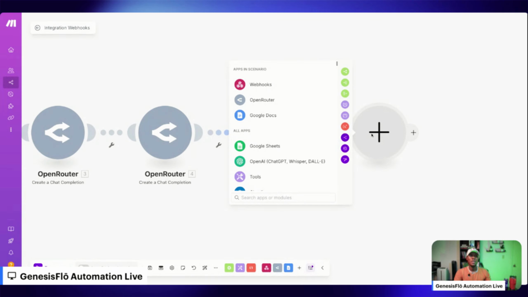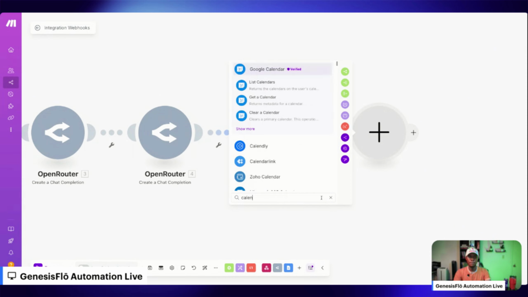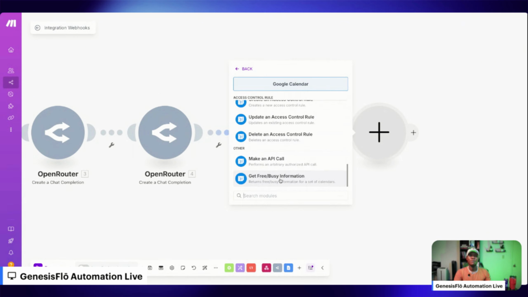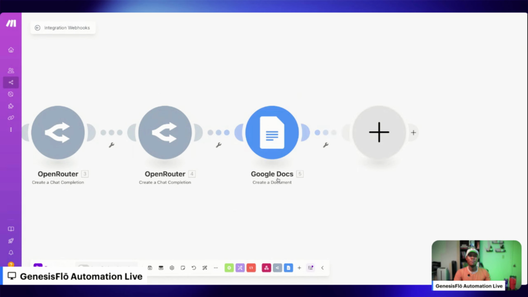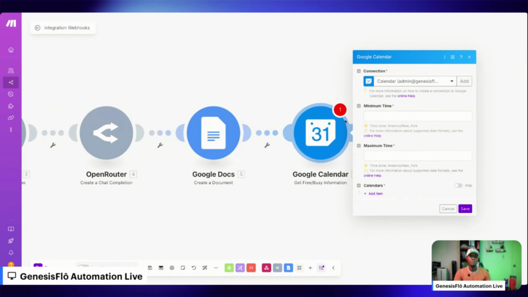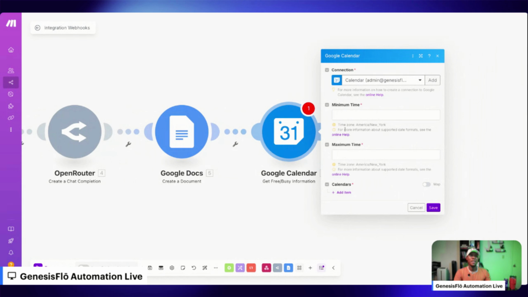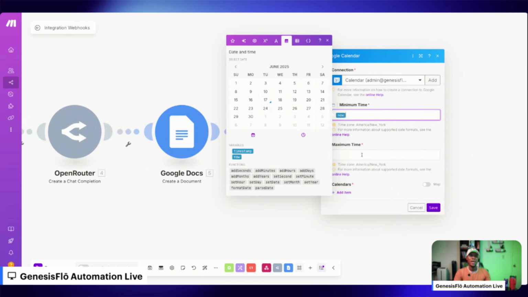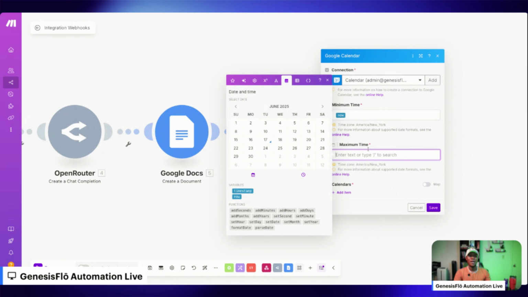And we're going to say calendar. So Google Calendar. And we want to get the free and busy information. That's what we want to get first before we create the event. Now, what we want is a time, and that time is going to be now. Okay, so we want now, and then the maximum time is going to be the day that we want to basically search our entire